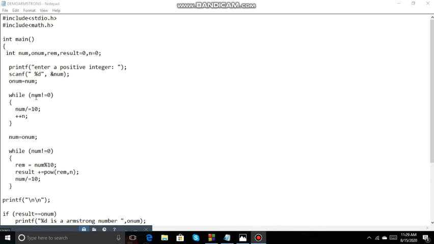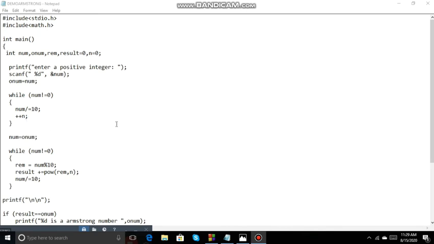While num is not equal to 0, it will keep incrementing the value of n one by one. So first it comes here with 371, then it divides, it becomes 37, again it divides, it becomes 3, and all the time you are incrementing the value of n by 1. So the final value of n will be 3 after the 3 iterations. n is the number of digits, that is our power.